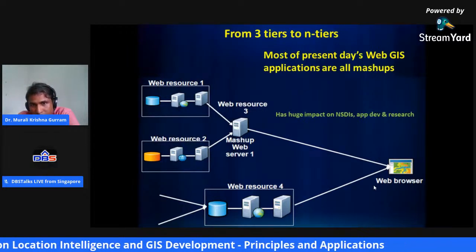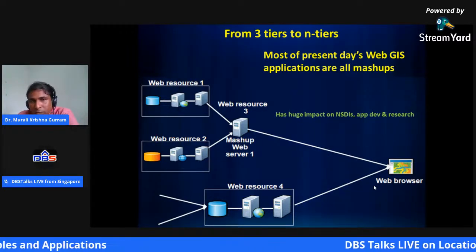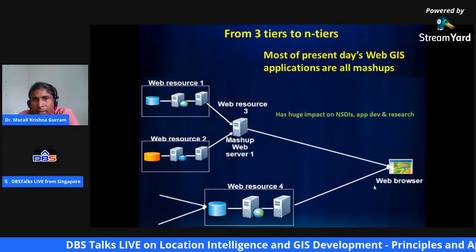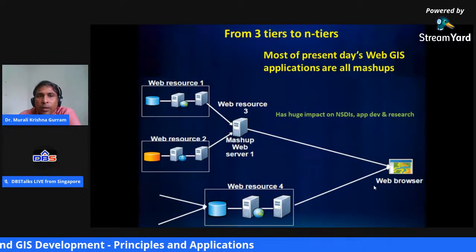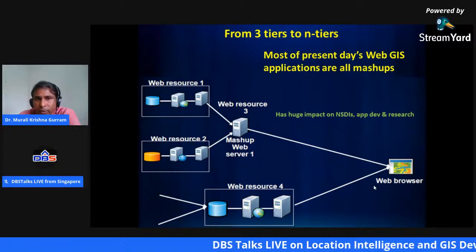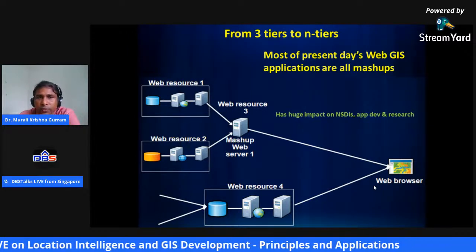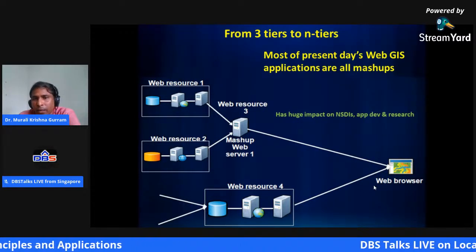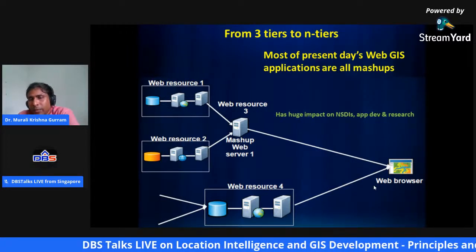In one of the earlier slides, I showed you this when I was talking about the smart city. We are combining different information layers in the form of different servers and services. So the tiers we are talking about here are in fact different resources. You can see they're all integrated together, ultimately combined to provide a web browser.